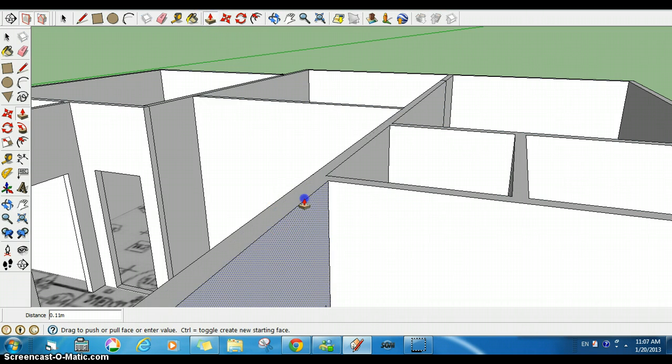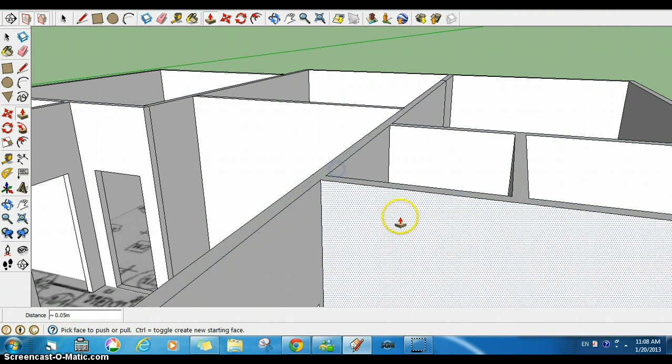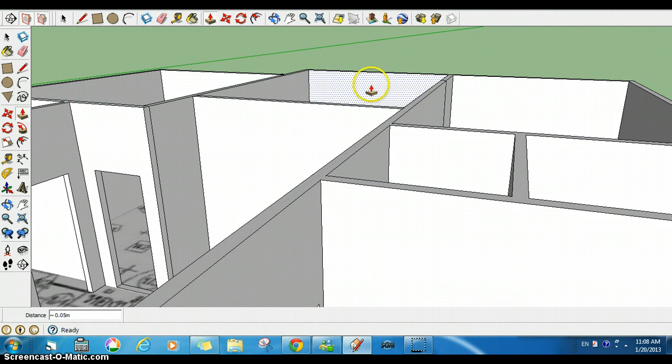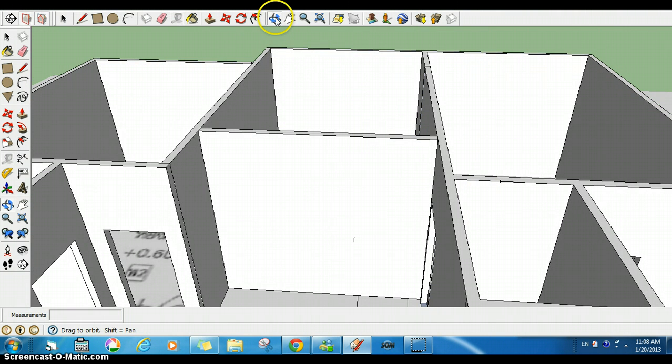that is the nature of sketching. Sometimes it's easier to redo some things rather than, okay, measure from here to there, 0.5, enter, and then just simply pull this wall,